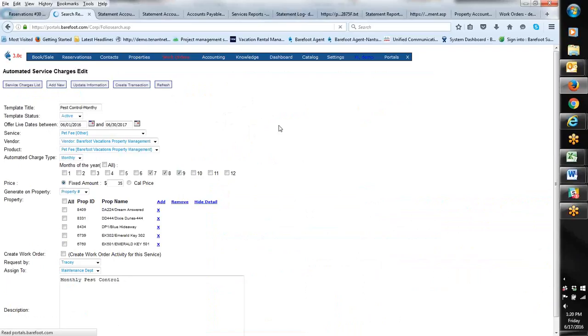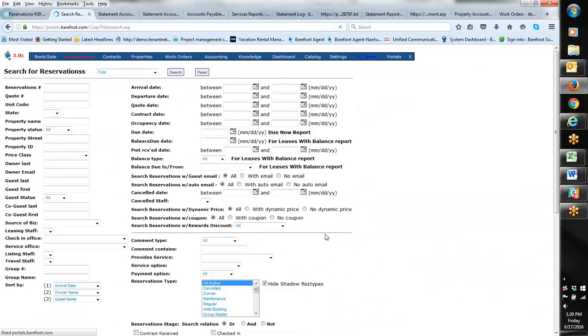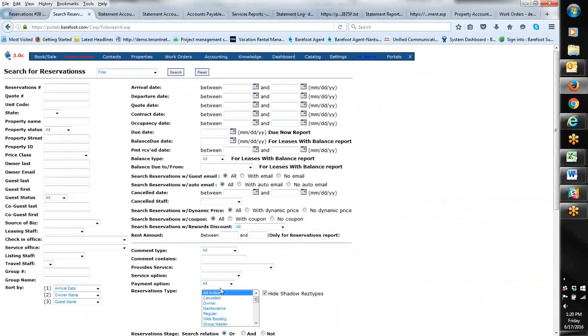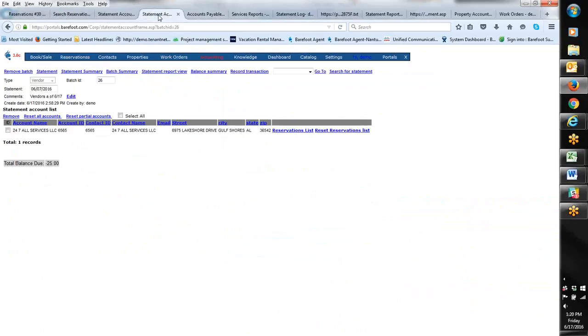And when we looked at this before, we were talking about running a departures report and the folio with balance report, and I pointed out that you could do that by res type. So I could run a folio with balance report and get a list of folios that I know that vendor owes me for. If I wanted to provide that vendor with a statement, I would create a vendor batch saying I need to know how much I need to collect from this vendor and actually provide them with a statement that shows for these particular folios, this is what you owe. And then once